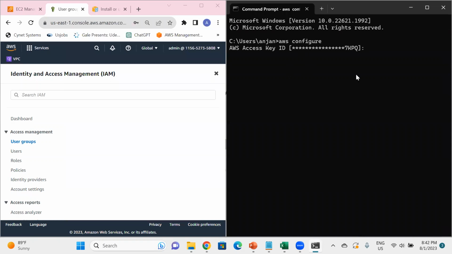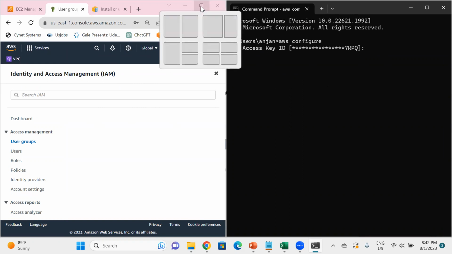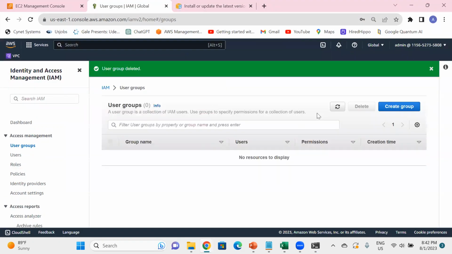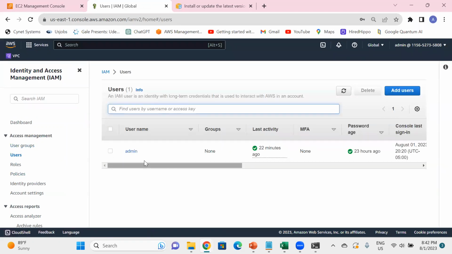See, this is my CLI. From this particular CLI, I would like to access this AWS account. So I should have the access key, right? How we can create the access key, that I have not explained, right? So how we can create the access key for any user. So go to your AWS and